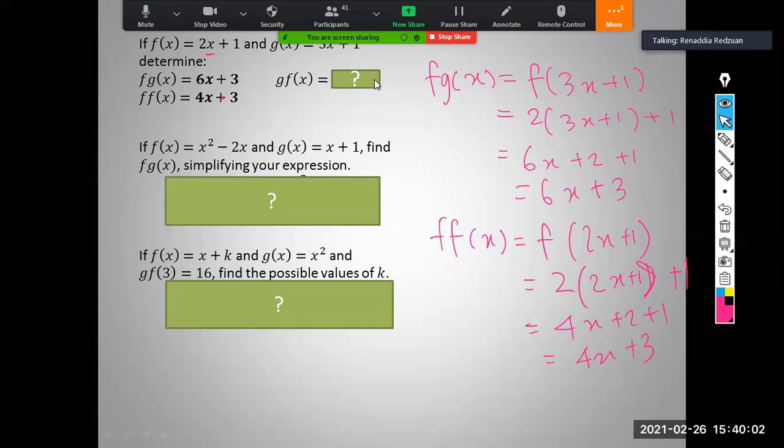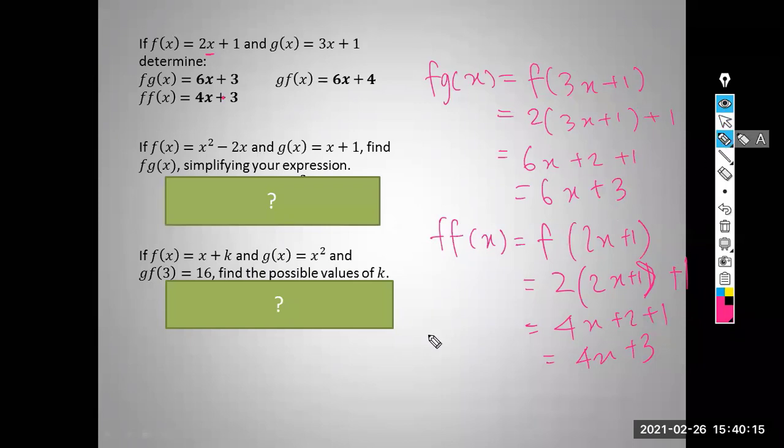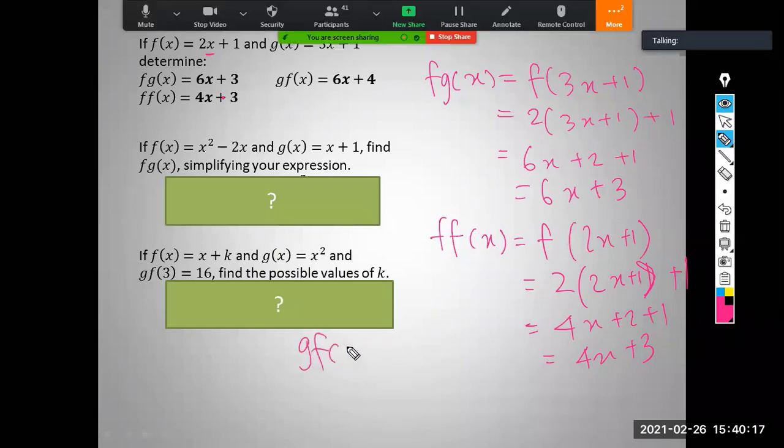GF equal to 6x plus 4. I got plus 4. What? 6x plus 4. So GF, F first, which is 2x plus 1, then substitute this into G. Your G is